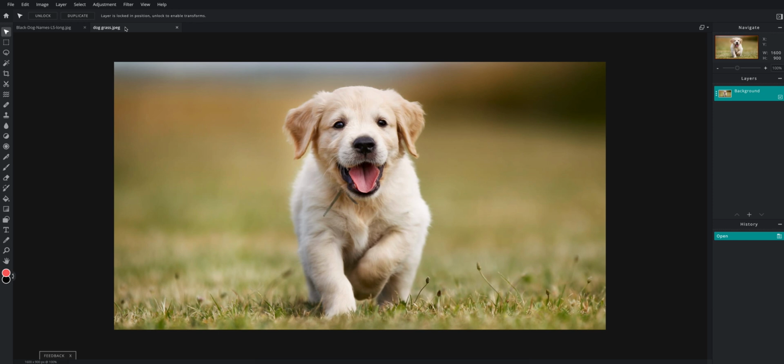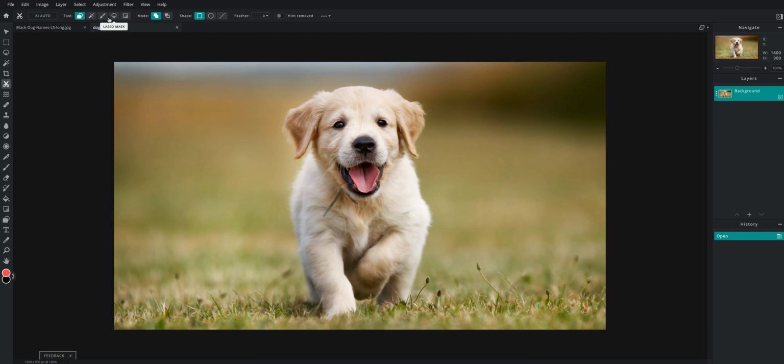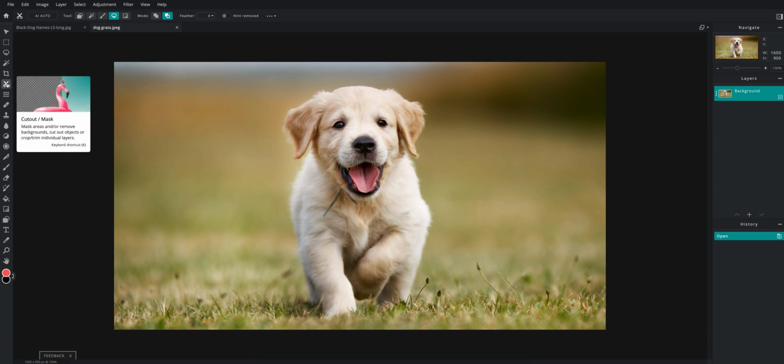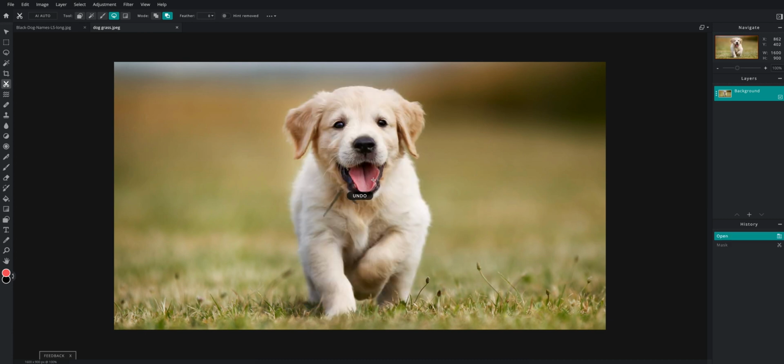Now let's look at the other dog. Alright, so this same thing. So let's look at this. I would go about this a few ways. There's a few ways you can go about this. You can select it using the magic wand. Not the magic wand, the lasso tool. So if I went to cut out, or this pair of scissors, and I use the lasso mask, what I would do is just move this around the dog, and I'm just going to be sloppy with it right now, and then I can mask out the dog, or if I change my mode, I can only mask in the dog and remove the background